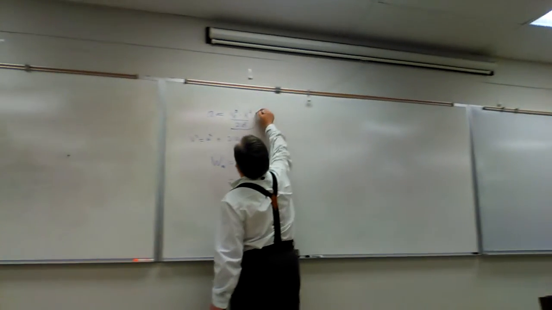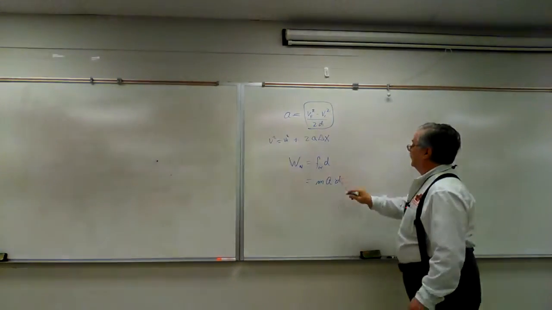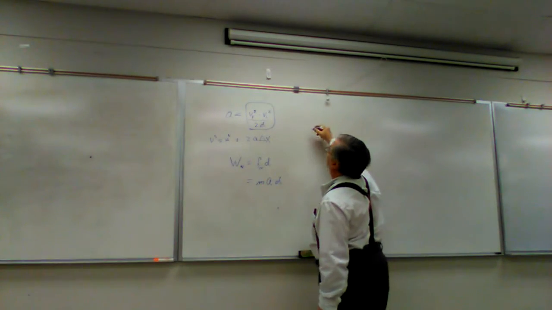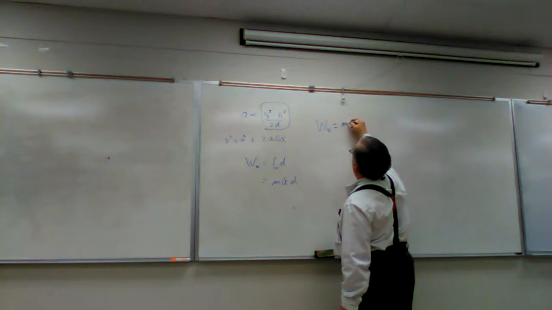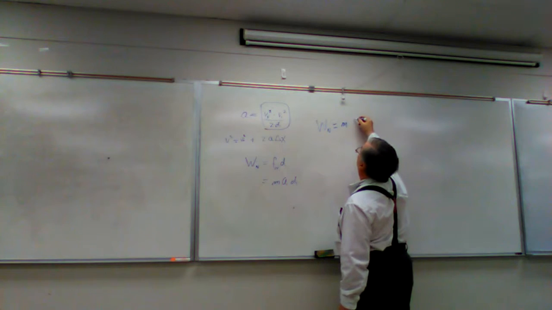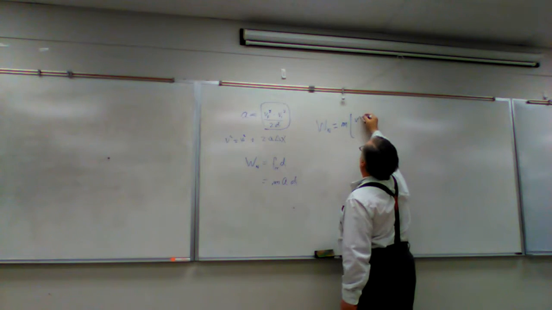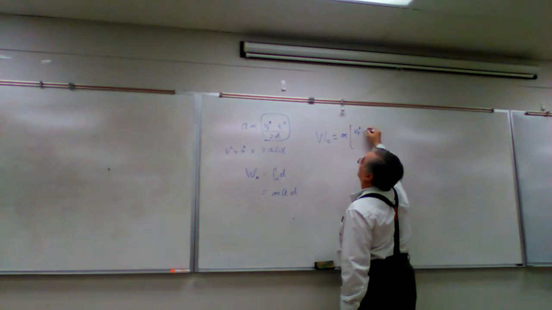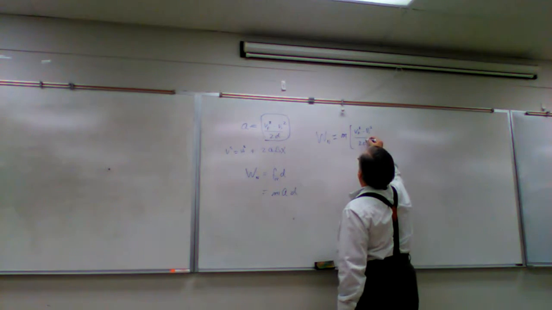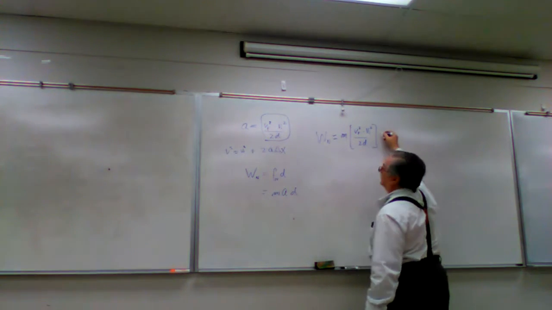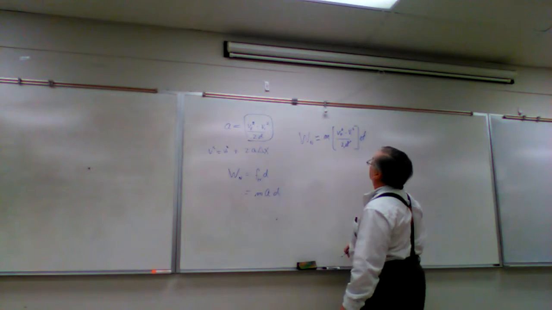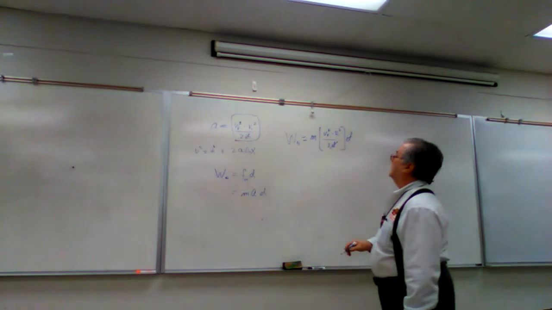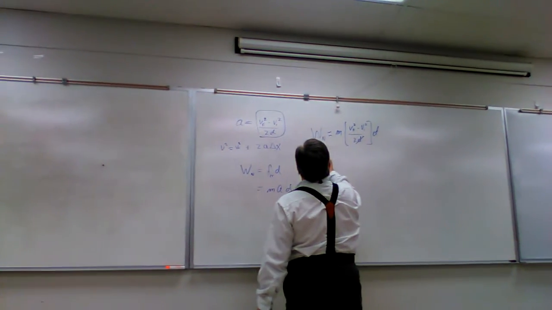We substitute this for our acceleration, and we get net work is equal to mass times V squared minus V initial squared divided by 2 times the distance it traveled, and then multiplied by D. Well, the D's cancel, and we have the net work